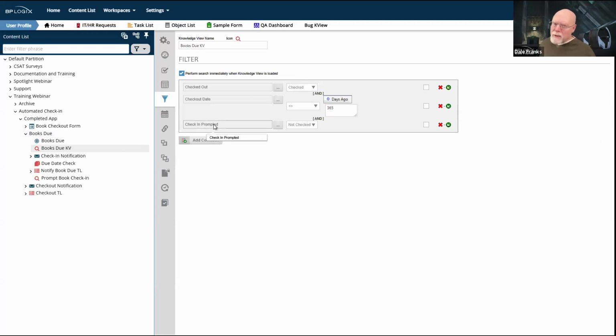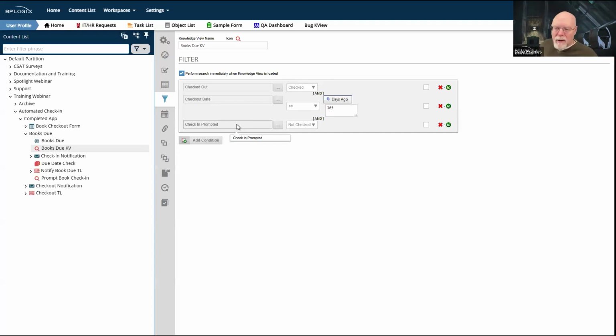whether check-in has been prompted or not, if the book was checked out more than 365 days ago and the checked out checkbox is still checked, that book is still due, irrespective of whether or not the check-in has been prompted. I mean, I could have run this knowledge view yesterday and it returned 3 books.